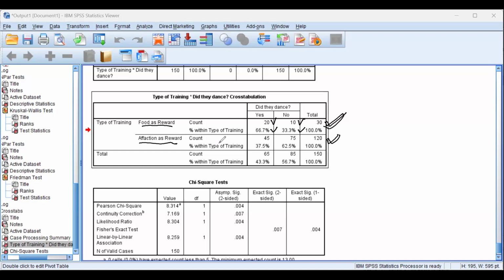Then 120 cats, the affection as a reward, only 45 did dance and 75 did not dance. It means when you give affection as a reward to the cats, only 37.5% cats dance, while when you give food as a reward, then 66.7% cats dance. So through this data, whether this difference is significant or not,